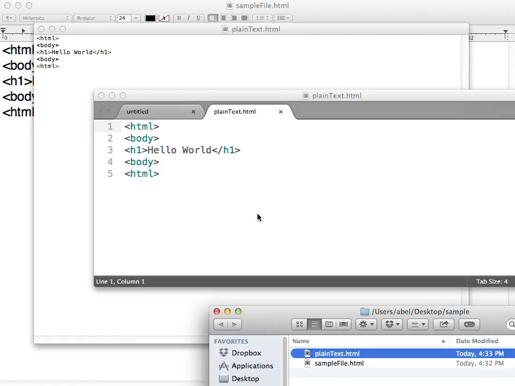Now, in the next lesson, I will show you some more sophisticated editors that can do a lot more for you. But for now, if you want to try something else without installing any other editor, do this simple configuration to TextEdit, and you will be able to